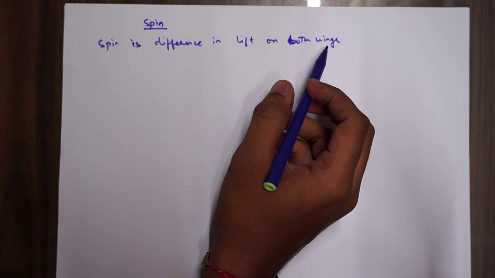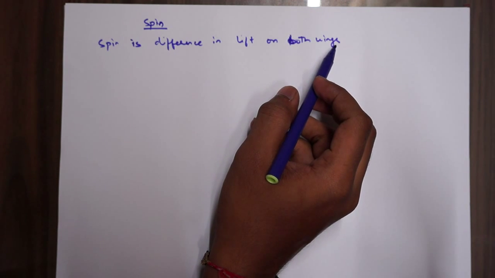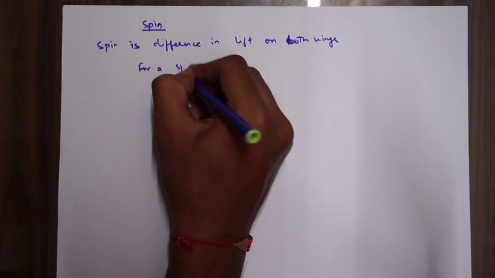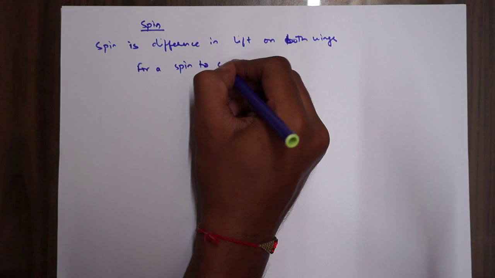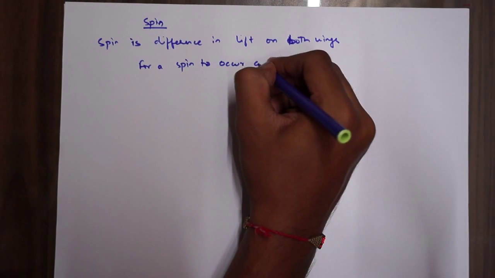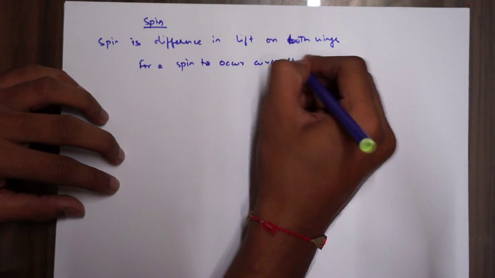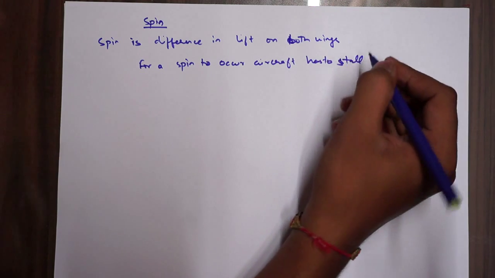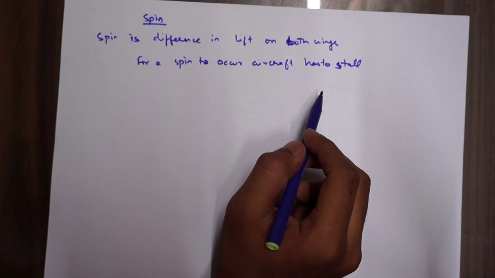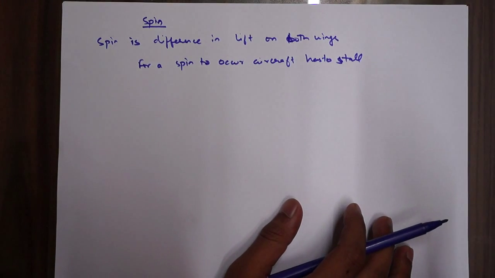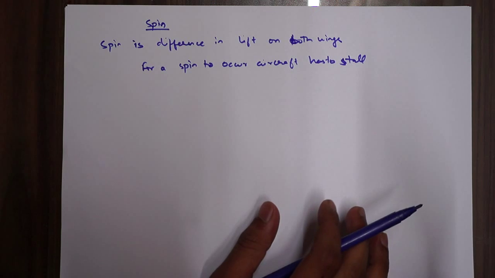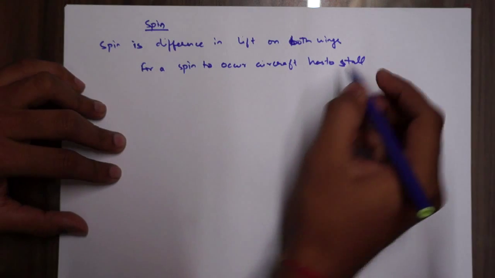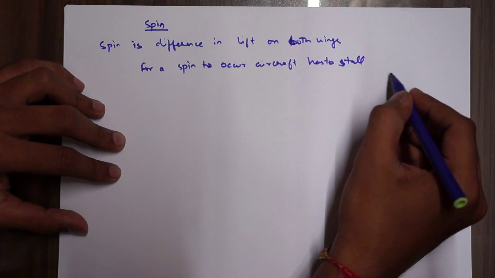Now this is a basic definition, but it has a large implication: for a spin to occur, the aircraft has to stall. When the aircraft is stalled, if you have applied aileron or anything of that sort and one side your wing drops, the spin from above will look